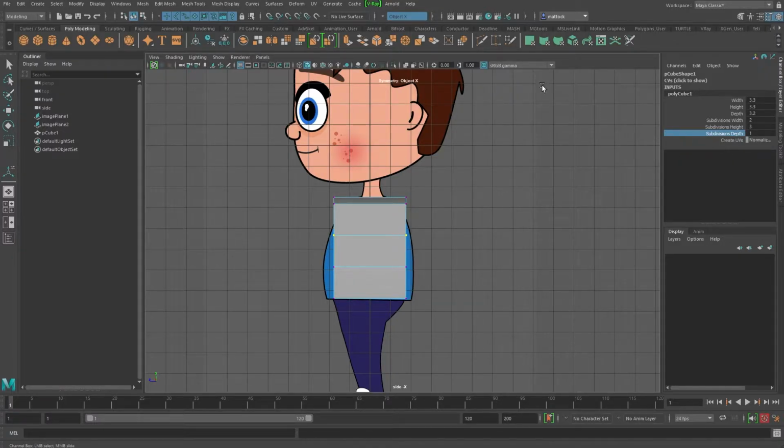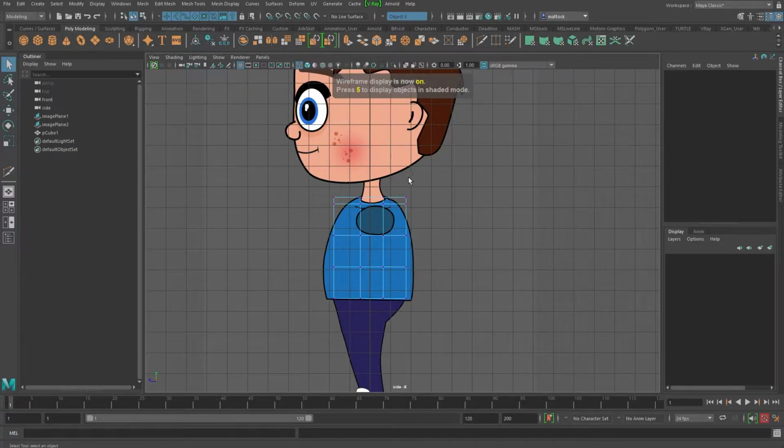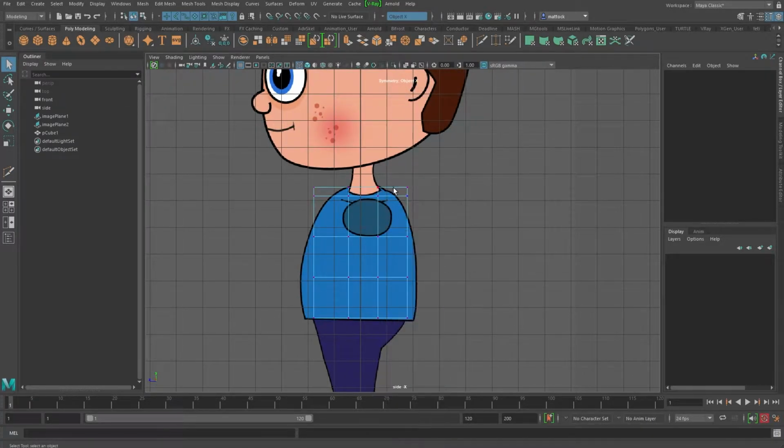So instead now of using the subdivision depth, we would just add our own in. So in the multi-cut tool, bring it up, click on your multi-cut tool here, and all you need to do is roll over and hold control, and you can simply add the loops in wherever you want. So I'm going to add one in here, and I'm going to hit my 4 key to go into wireframe, and I'm going to go to my vertices.